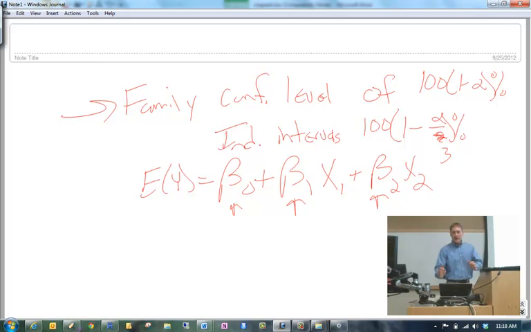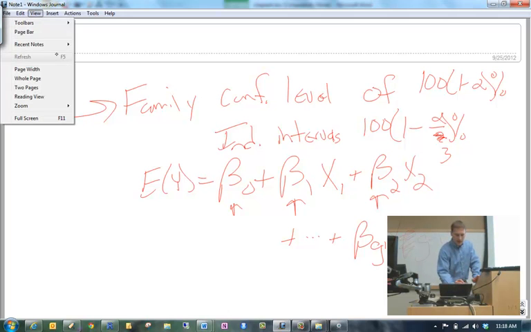So let's say now in general that I want to go out to g different variables. I'm sorry, let's do g minus 1. Suppose I want g minus 1 variables, then,